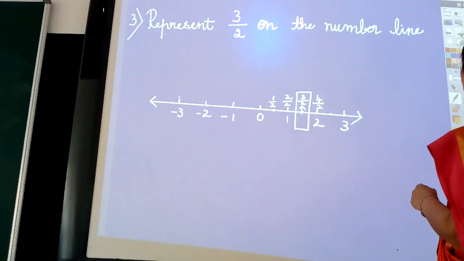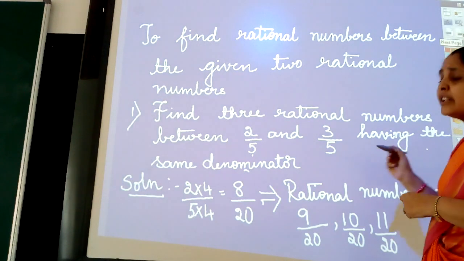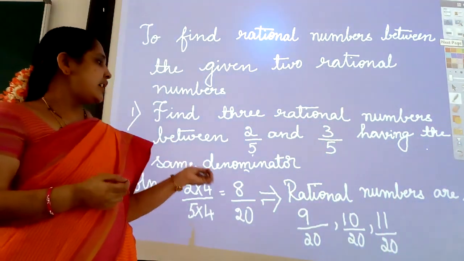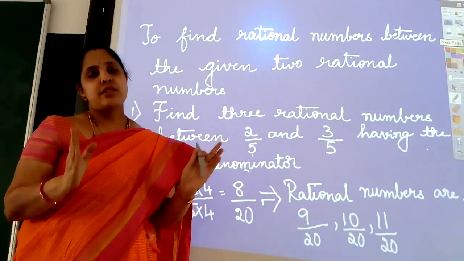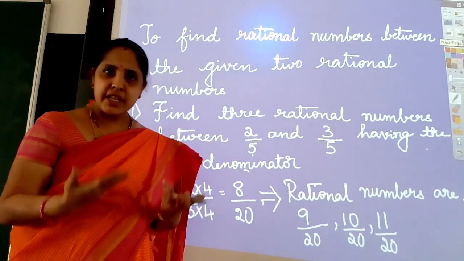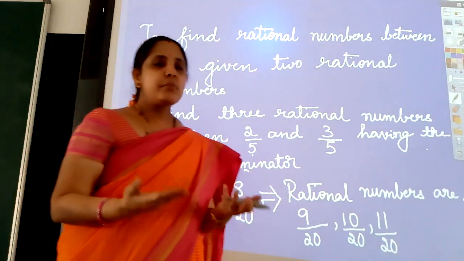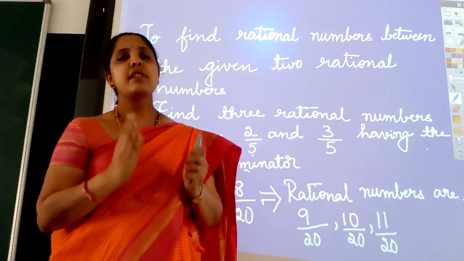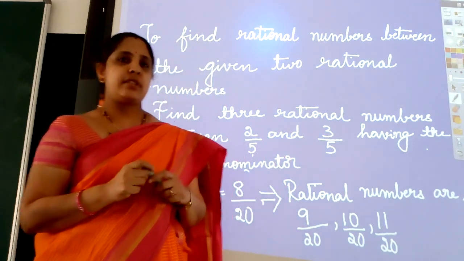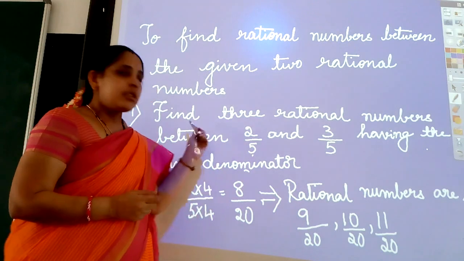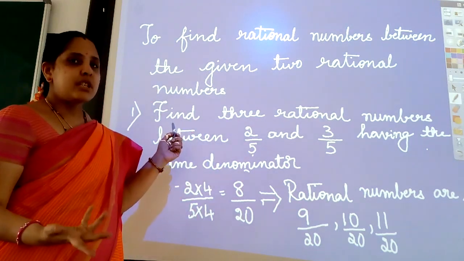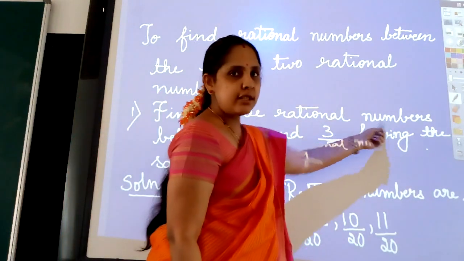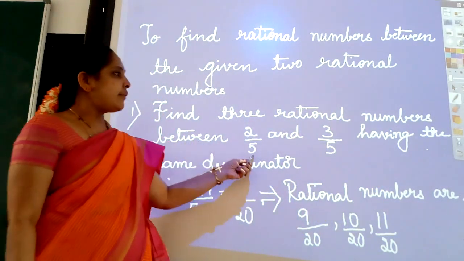Next concept, dear students, is to find the rational numbers between two given rational numbers. How to find rational numbers between the given two rational numbers, that is the next concept that I am going to deal with. Now, the first example that I have considered here is: find three rational numbers between 2 by 5 and 3